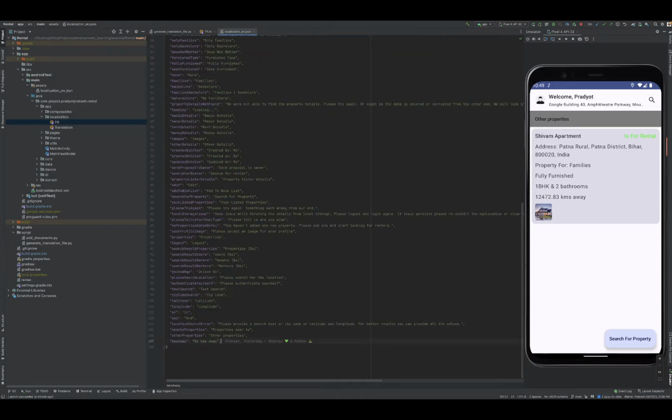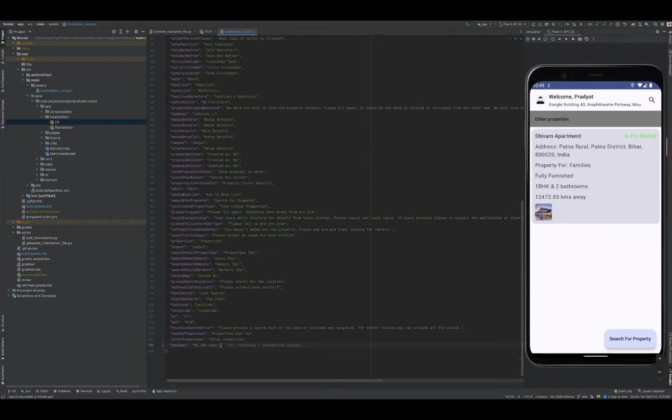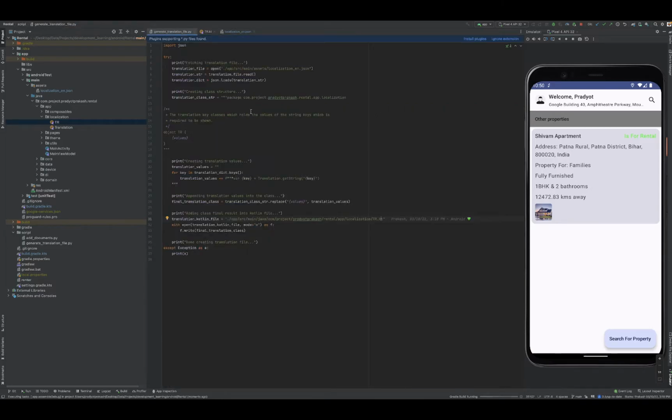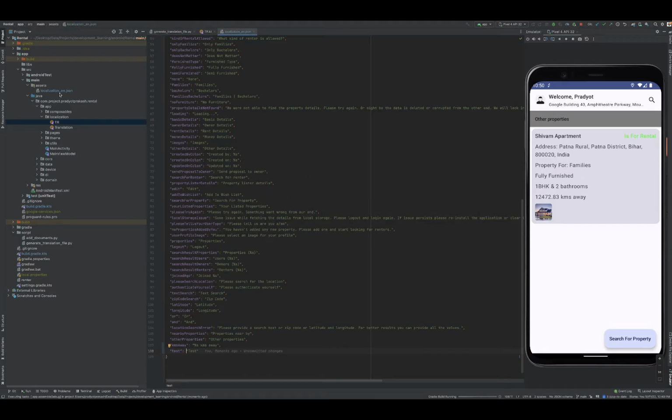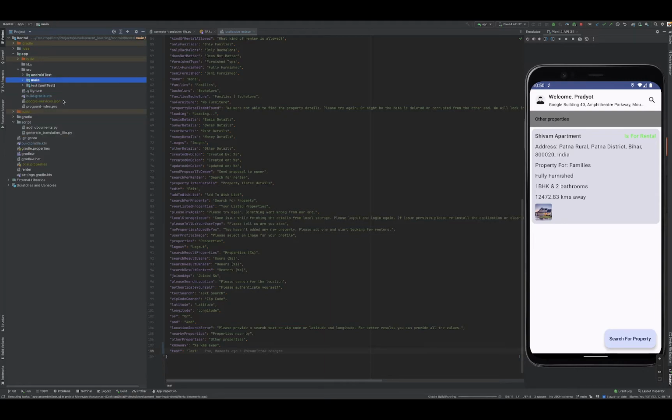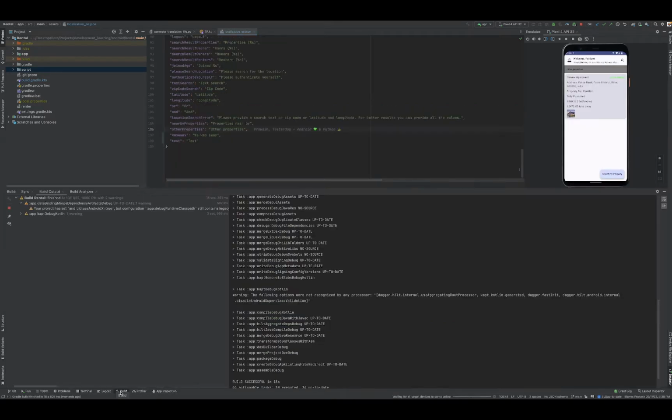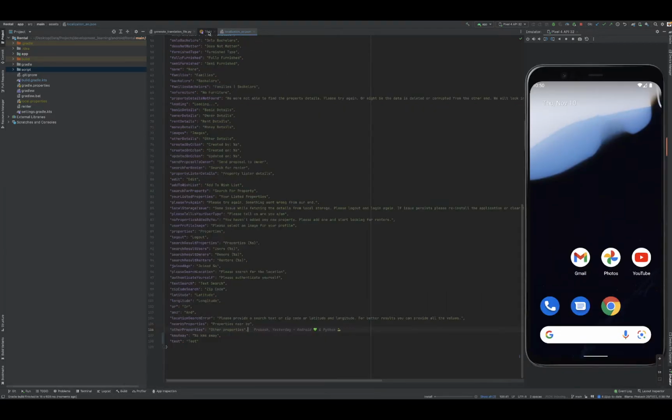For example, if I add a key and make it as this one and just click on run, or I just need to start the Gradle and I will show how it is doing it. So as soon as the Gradle gets completed, you can see